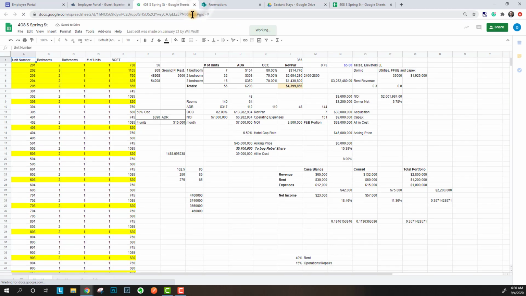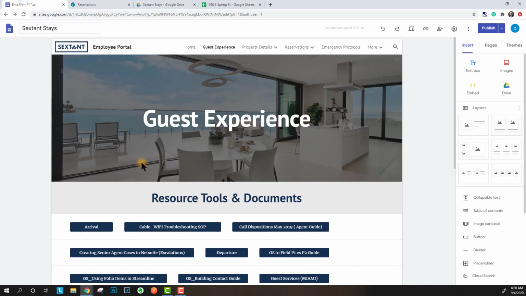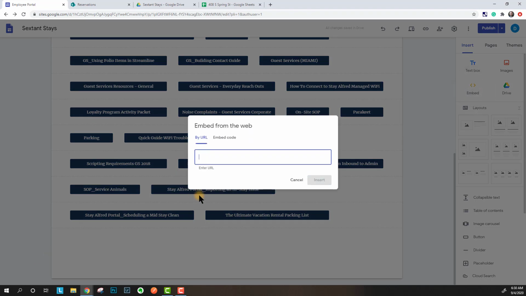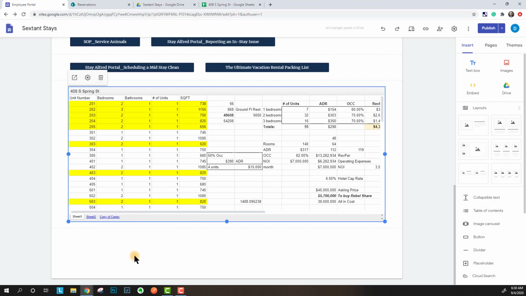Now, like I said, you can also do the embedding too, which I'll show you because that's pretty cool. I used to do this for charts and stuff all the time. You can embed that same link that I had copied in my pasteboard. If I insert it, it's inserting that Google Sheet right into the page, and it even has tab buttons. You can't click on those to see what they do when you're in edit, but when you go to preview it,